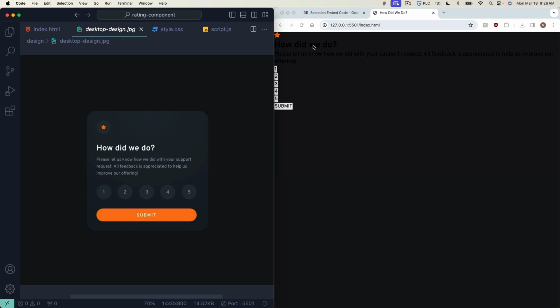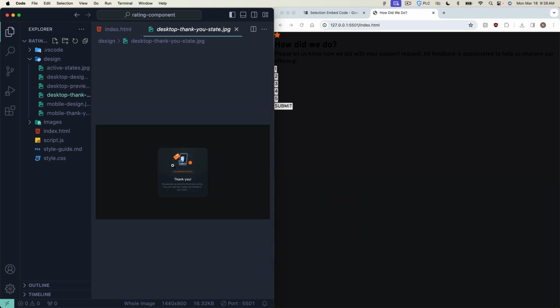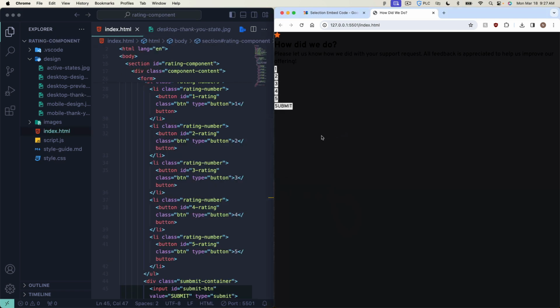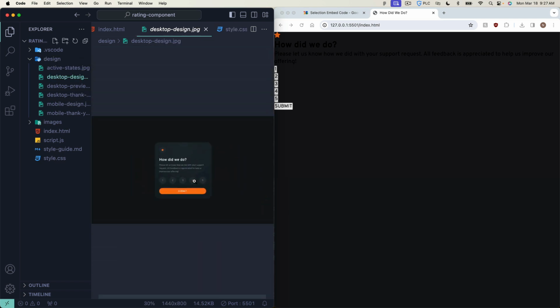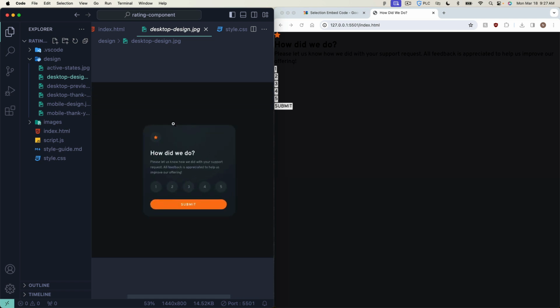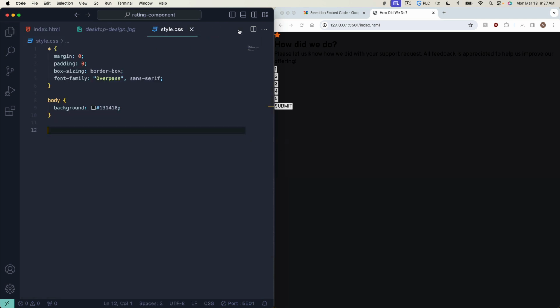What we'll do is we'll style this up, and then right below it, we'll make the thank you component right below it until we use JavaScript and CSS to make it disappear. So let's finish one thing at a time, I guess. So what we need to do here is we need to make this have a little container with the rounded border radius corners. So let's do that. So I'm going to go into my CSS, click on that,